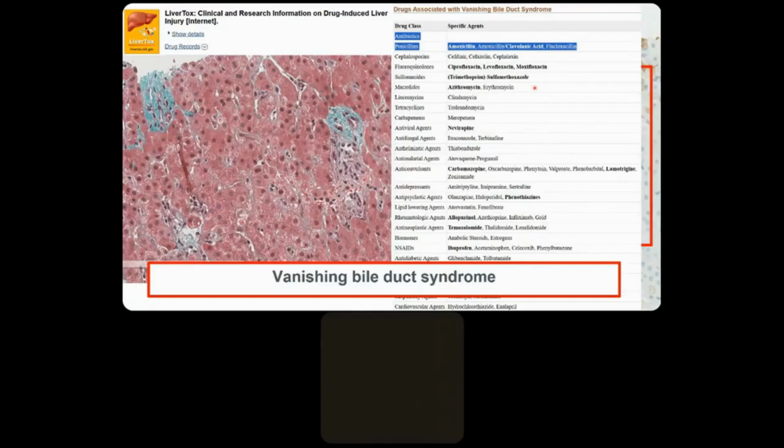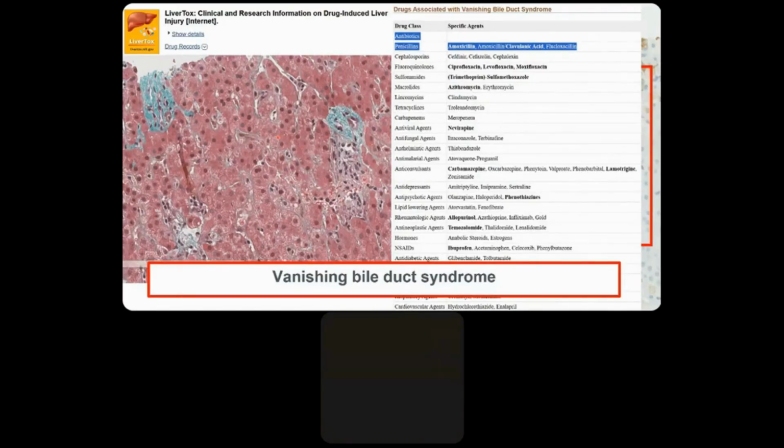Here is another example of biliary pathology. In this patient with clinically suspected drug-induced liver injury and cholestatic pattern of liver enzyme elevation, a liver biopsy may sometimes be performed to assess for vanishing bile duct syndrome. On histology, the typical finding is these portal tracts, which contain an artery and a vein, but no bile duct,